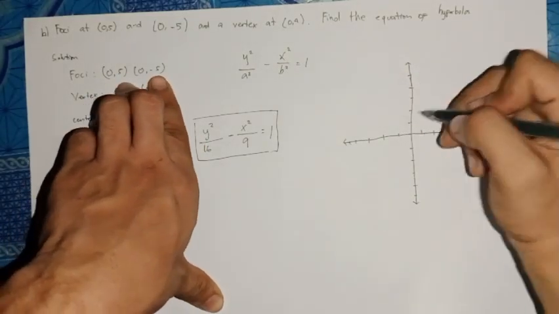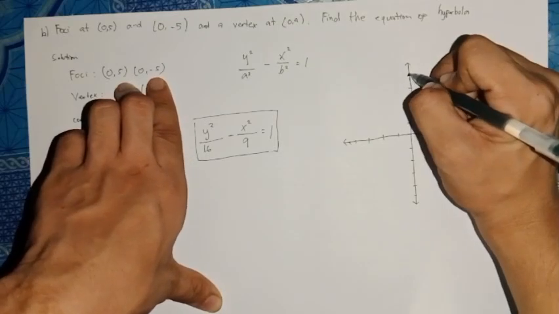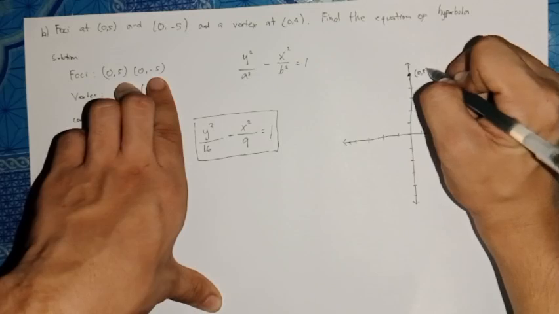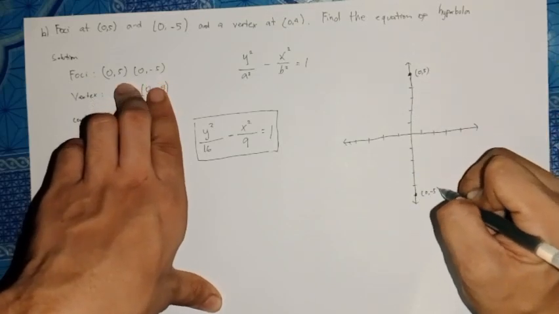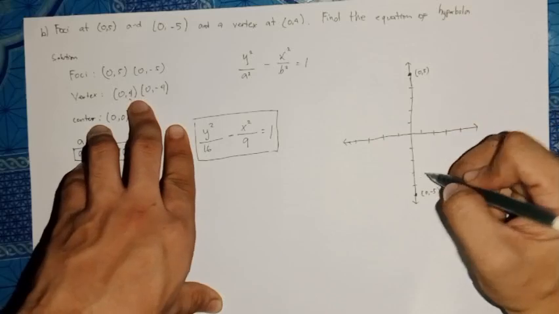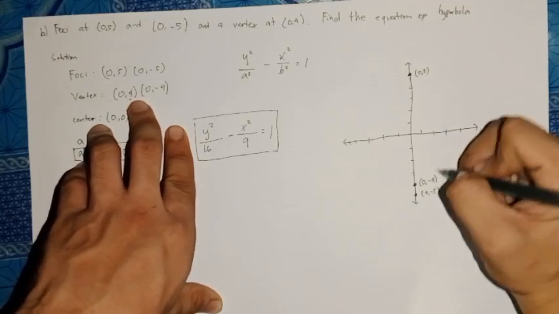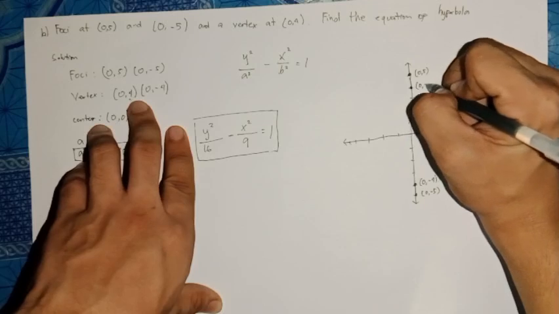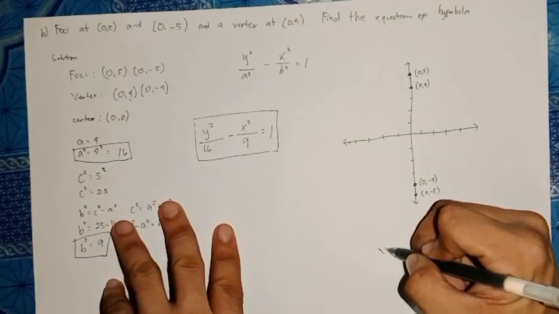So 1, 2, 3, 4, 5. This is now our foci, (0, 5), and this is (0, -5). And our vertices are (0, 4) and (0, -4). So here, (0, -4), and (0, 4). Since it is a vertical hyperbola,